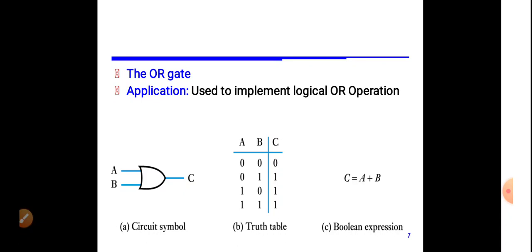So here, as with the AND gate, we are having two inputs, so we'll be getting four combinations: 0 0, 0 1, 1 0 and 1 1. The first one is 0 plus 0, that is 0. So here plus is nothing but, we are not performing an arithmetic operation, we are performing a logical operation. Logical itself indicates if at least one of the inputs is 1, the output is equivalent to 1. So 0 OR with 1 is equivalent to 1.